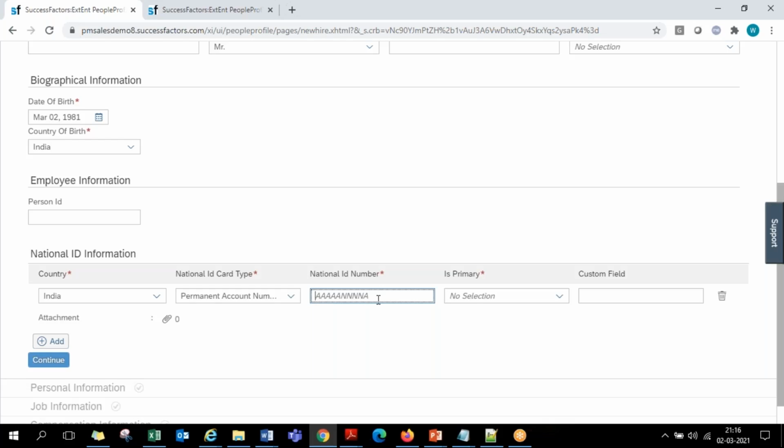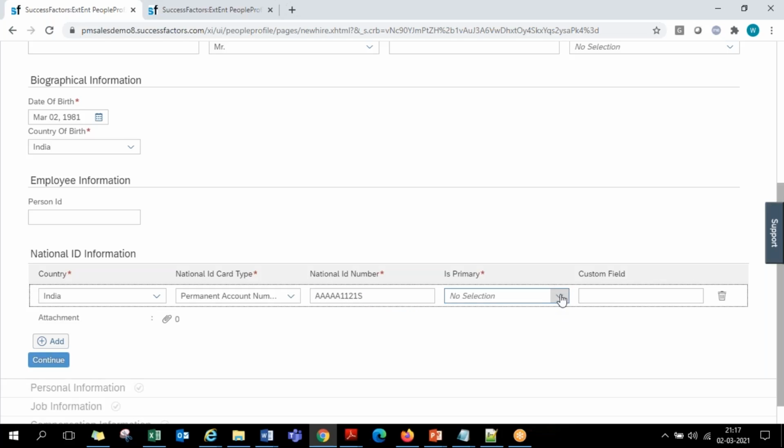The Indian PAN card number has the first 5 characters as alphabets, the next 4 as numericals, and the last one as alphabet. So in that format, let me fill in something like this. So this is where it takes the national ID of this employee.